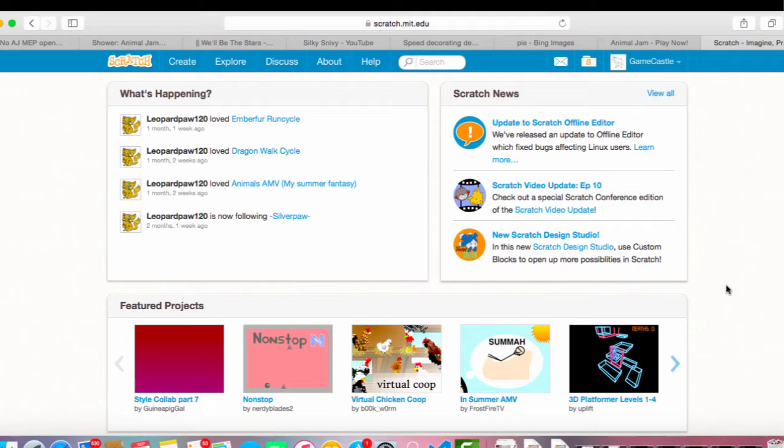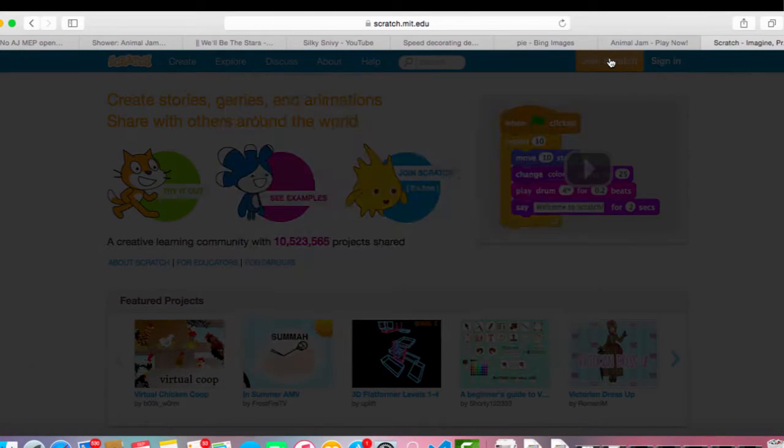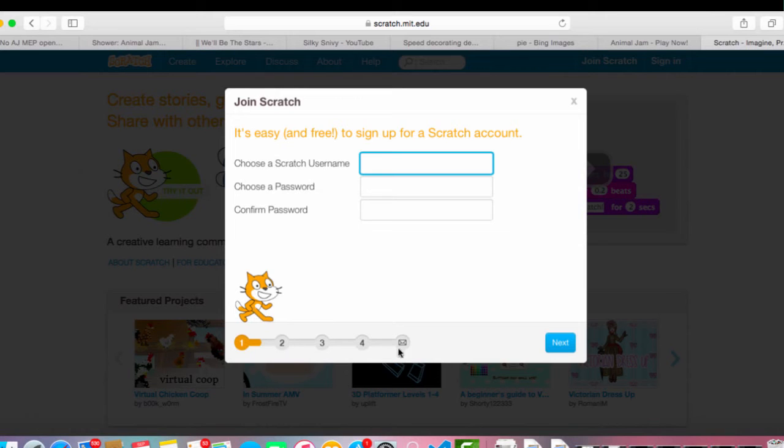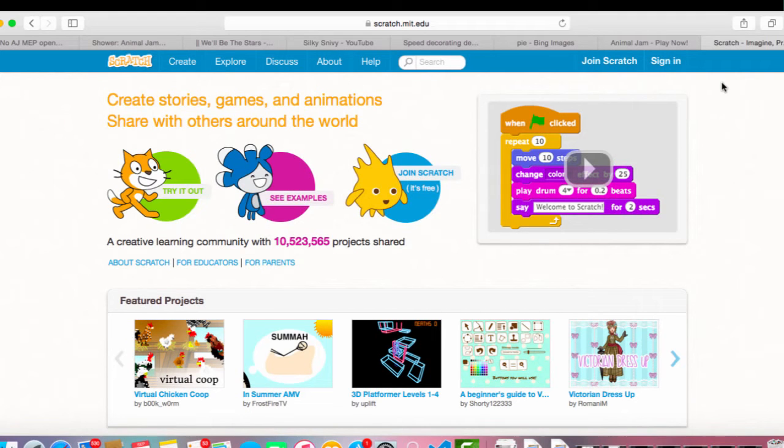Scratch was made for programming computer games, kind of beginning, not very advanced computer programming to make computer games, but you can also use it to make animations as well. And so yeah, it's completely free to use, and so you can just make a free account, join Scratch. You just follow the steps, and yeah, it's free. And then once you do that, you can log in and start making it. I'll just sign into one of my accounts, and I'll show you.